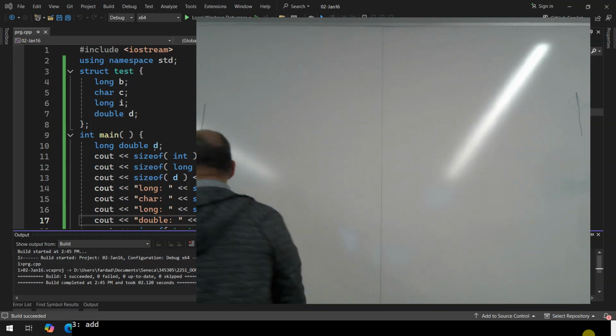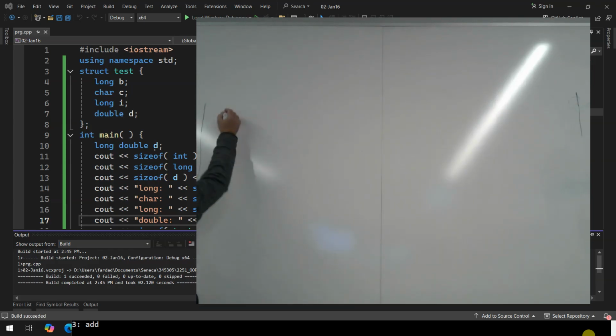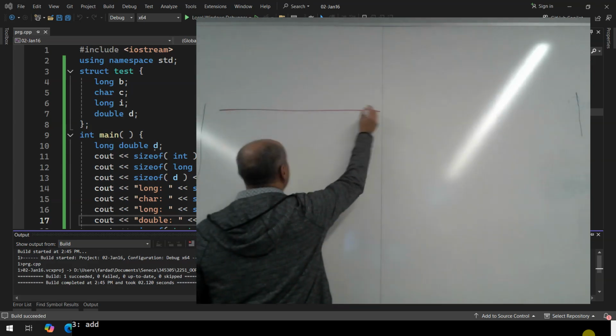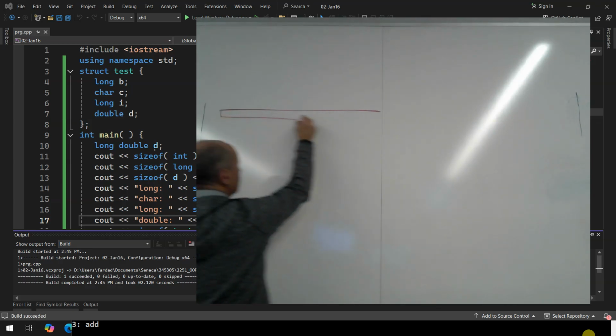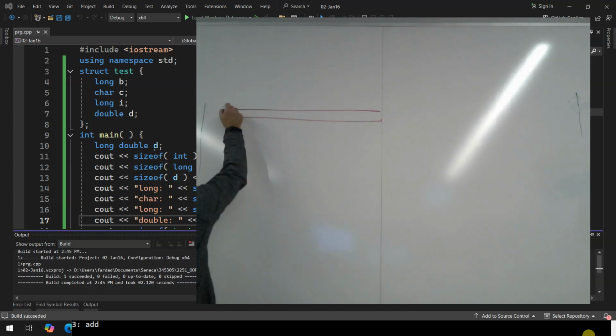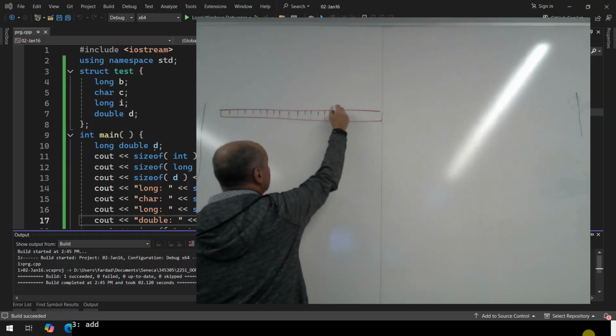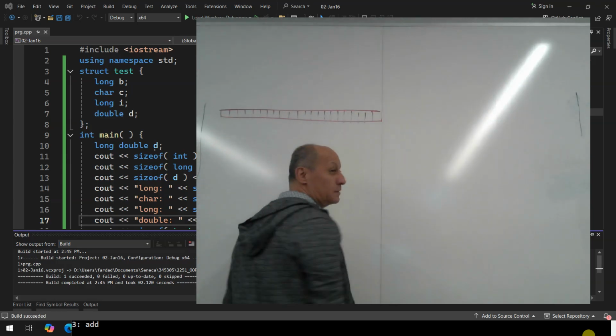OK, so the first long is 4 bytes, right? So this is my memory, right? You think it's 24?